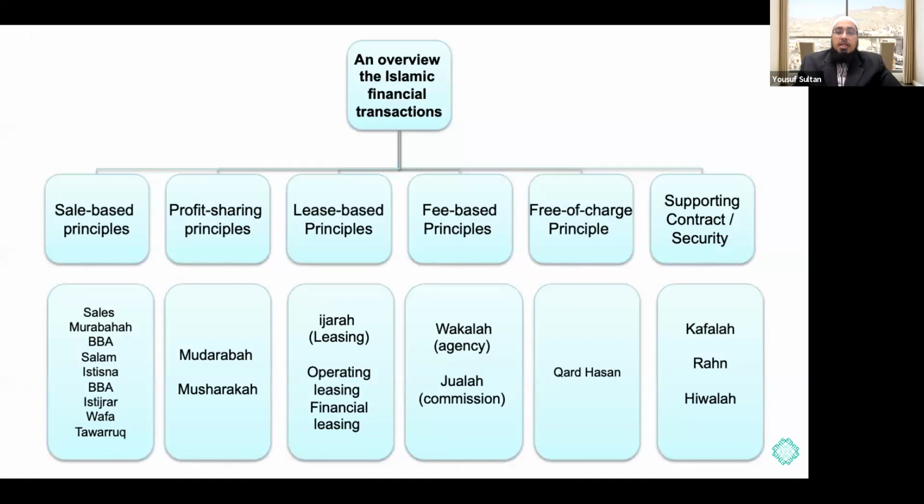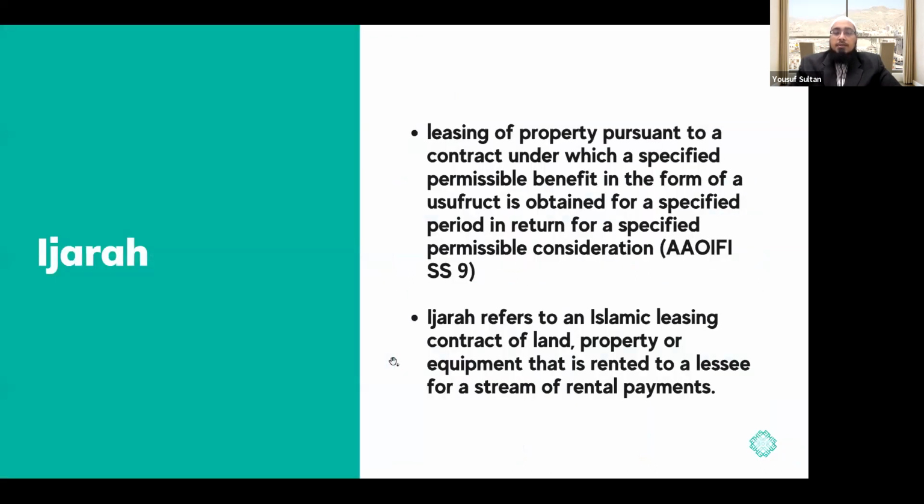Okay, so we can begin, inshallah. If you recall this chart in the very beginning, we have been using that. As you see in this chart, on the very first day we covered sales, the law of contract, etc. And in the second episode, we did Murabaha, which also covers a lot about other sales contracts as well. In the third one, we did Mudaraba and Musharaka, and today, inshallah, we'll be doing Ijara.